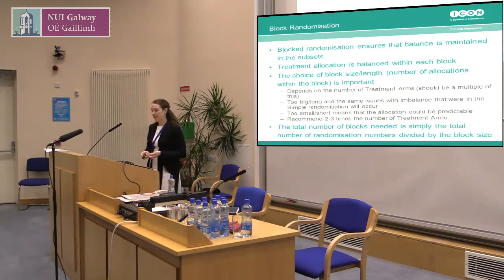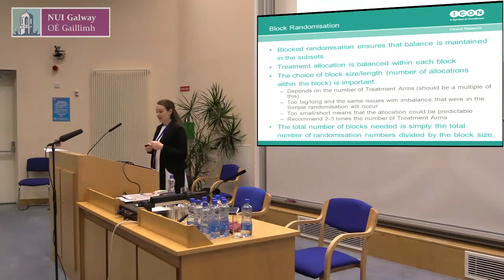So one way of getting around this is block randomisation, which ensures that the balance is maintained in the subsets. The treatment allocation is balanced within each block by maintaining the correct proportions within a block. So if it's a 1-to-1 ratio, you have an equal number of treatment A and treatment B. The choice of the block length, or the block size, depending on your terminology, is really, really important, because